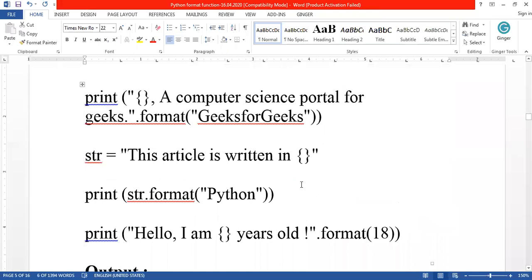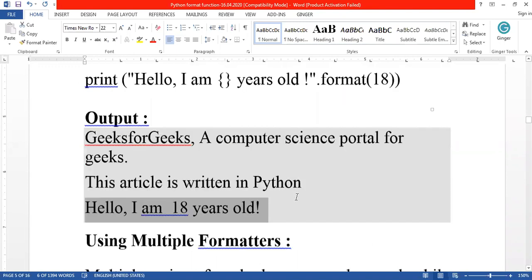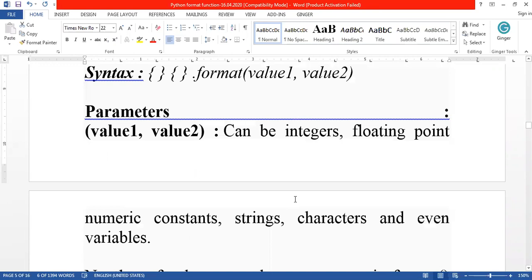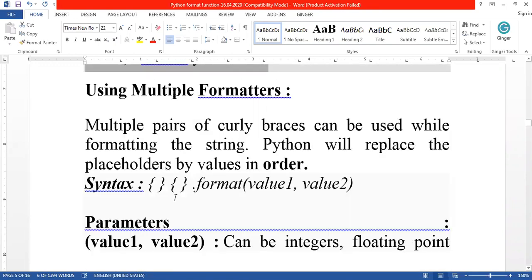Okay. So far we have seen only one placeholder in the string. We can have multiple placeholders in the string also. Let's see an example. Here, look at this. You can use multiple placeholders. However many placeholders you use here, that many values you should pass as arguments to the format function.